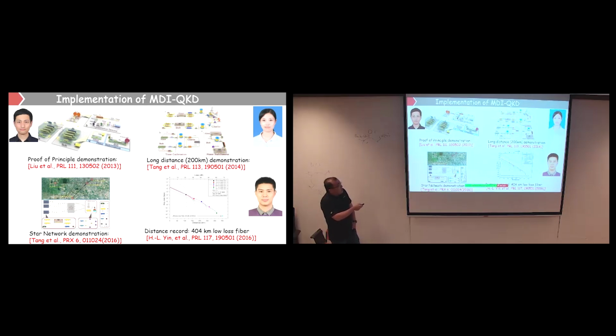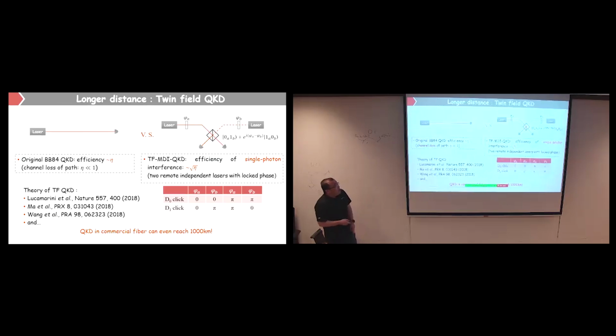Alice, Bob, and David are users, and in the center is Charlie. If Alice and Bob want to do QKD, they send a request, and Charlie uses an optical switch. Alice and Bob can do the Bell state measurement, and then Alice and Bob establish the quantum key. The same thing applies for David. So you get a star type of topology to do QKD. And later on, we pushed it to 400 kilometers in fiber, just to see how far we could go.